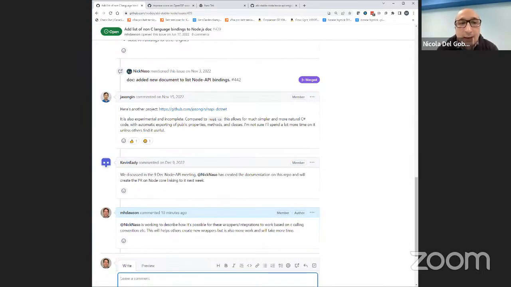And I tried some experiments using the Zig language compiler, and it seems that it works. So using the Zig compiler, you could cross-compile the native add-on for Node.